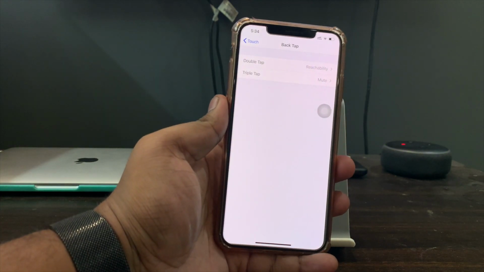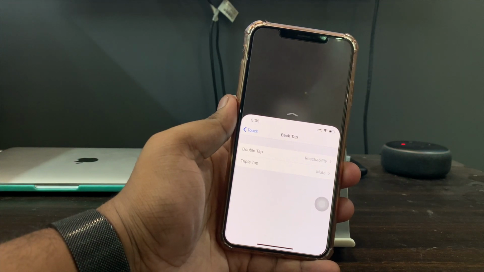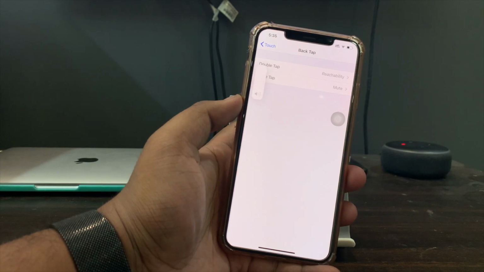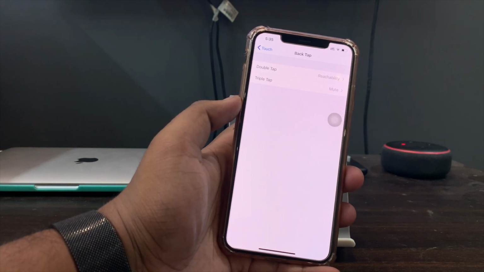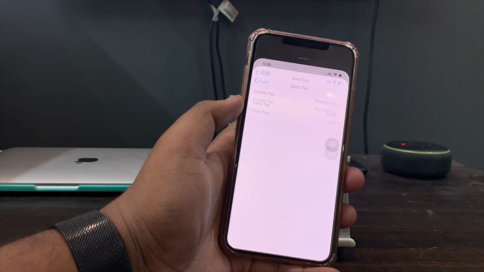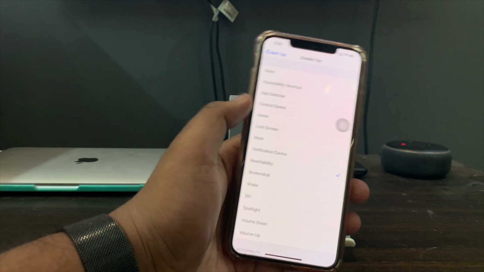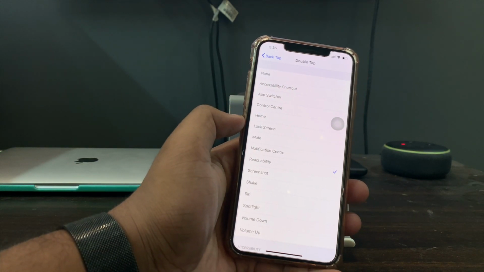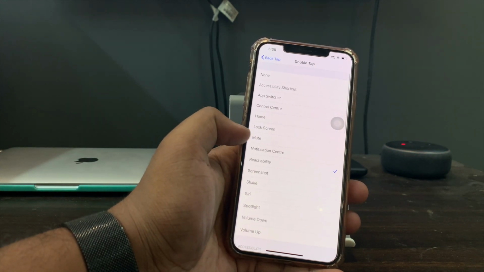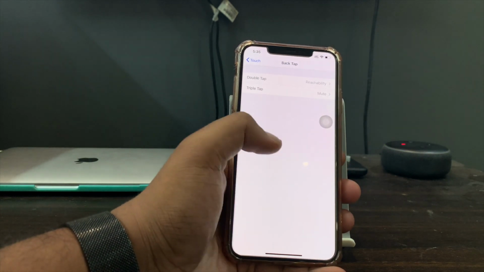So when I double tap on my back, my reachability will be accessed, and when I triple tap, my phone will go on mute. I found this feature really cool, and you have a bunch of different options which you can manually choose from for both double tap and triple tap.